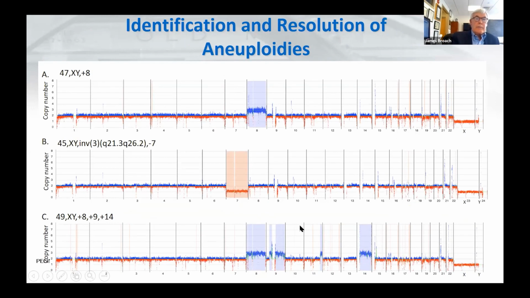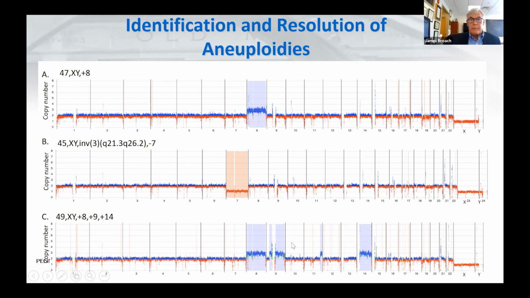This also readily picks up copy number changes, so we can define aneuploidies, a case where we have a +8, plus N of 3 of chromosome 8 in this case. Here's a loss of chromosome 7, and here is a gain of 8, 9, and 14, but also indicating a small duplication, an increase in ploidy of a small portion of the right of the Q arm of 11 that wasn't defined by